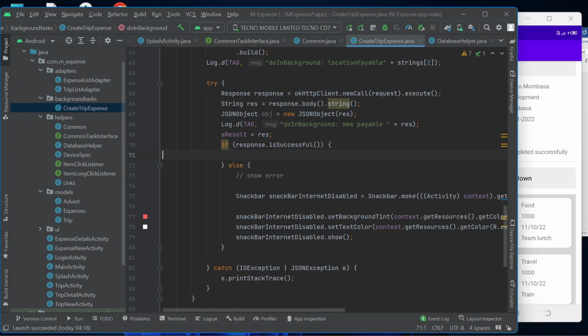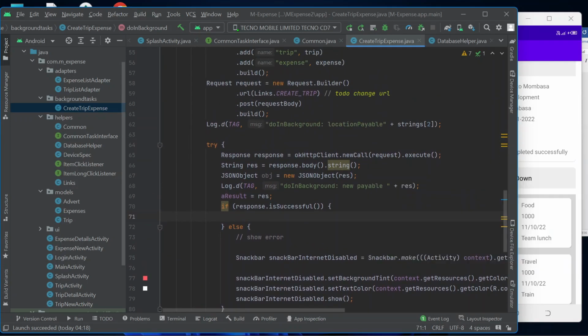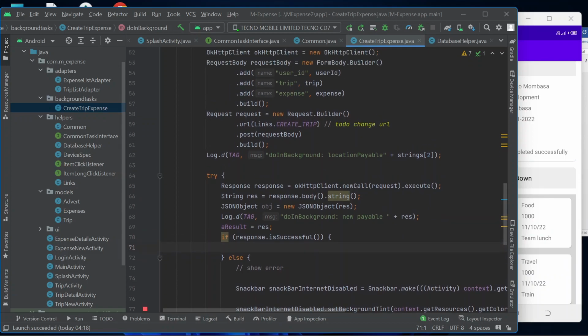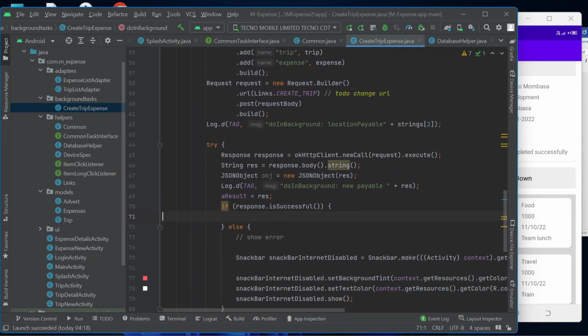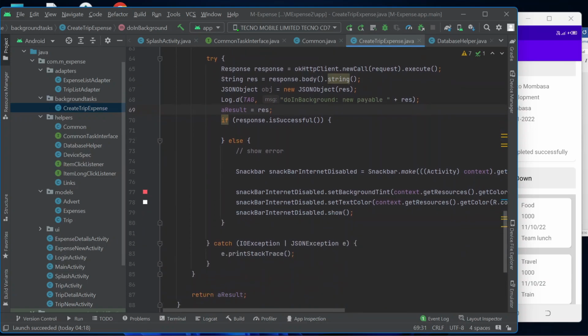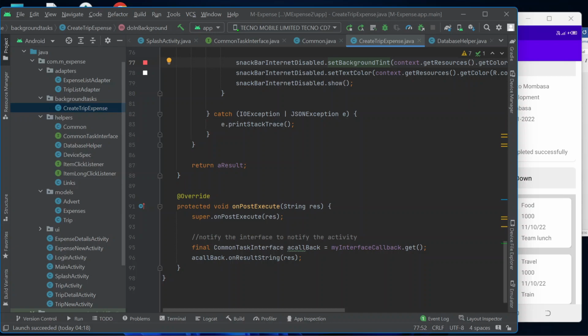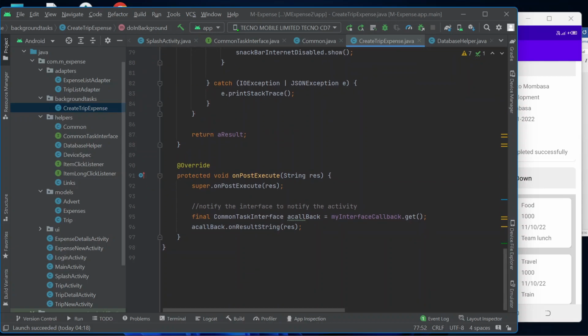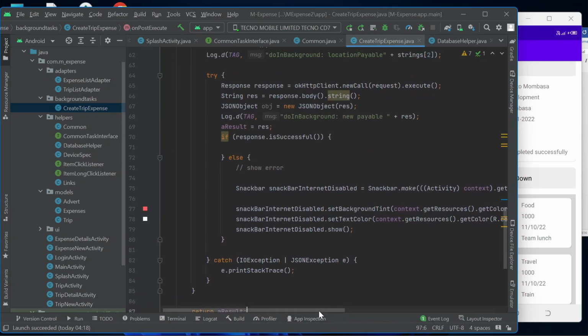That's why you see that if the response is successful, if we are able to successfully post the fields, we listen to the field properties from the UI and get all the ones we have input. If the response is successful, we persist the state in the database into a web service. That's all the logic there, and then in post execute we notify, posting to the web service using this